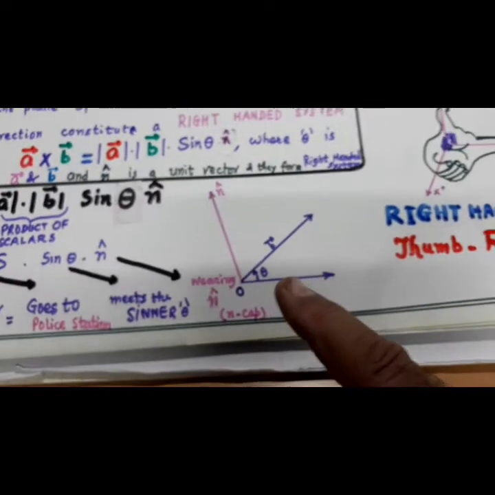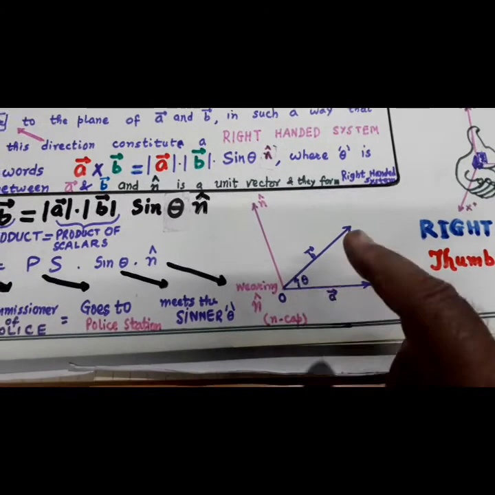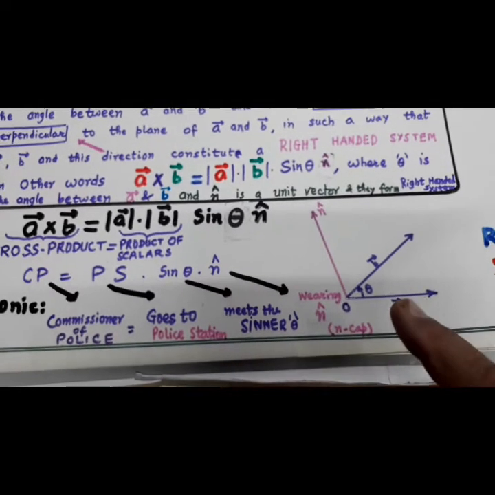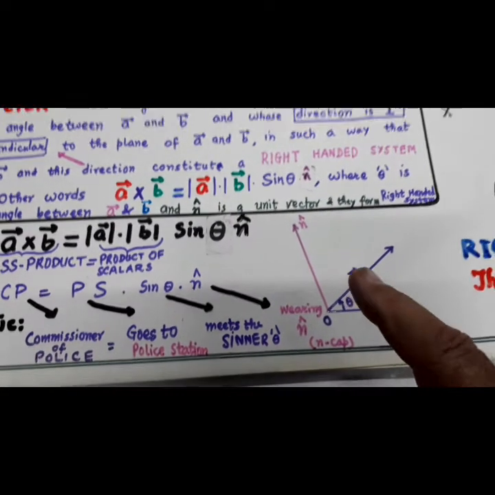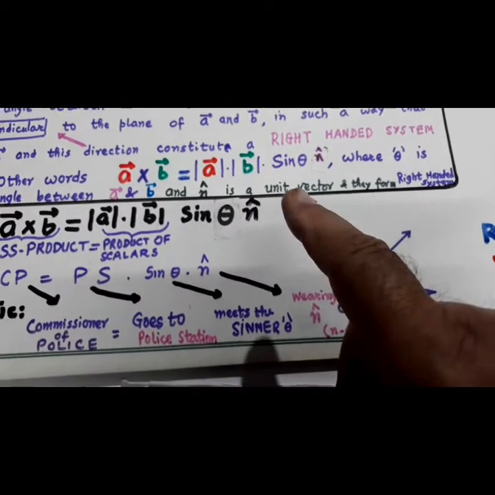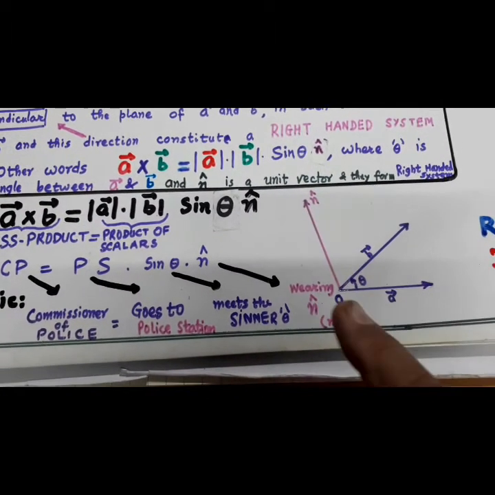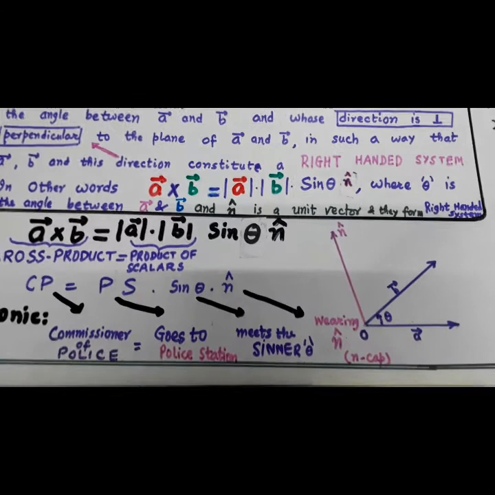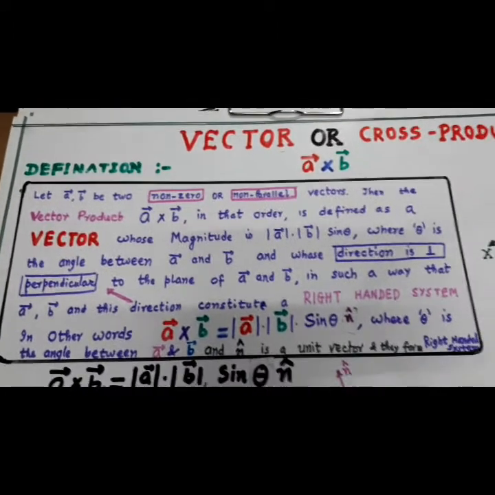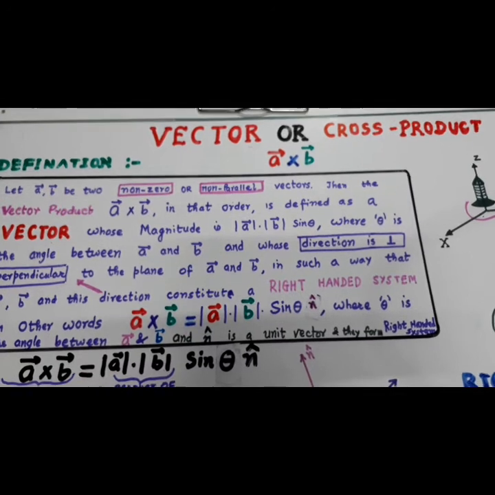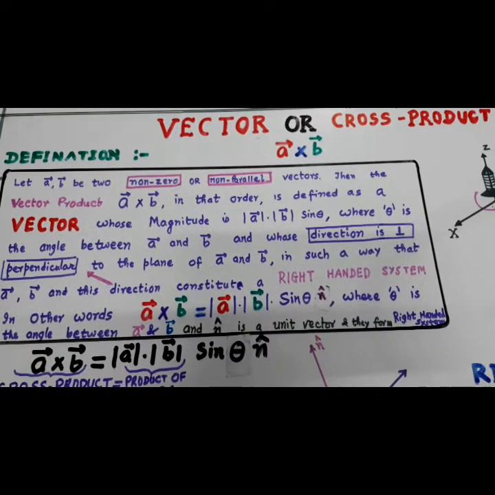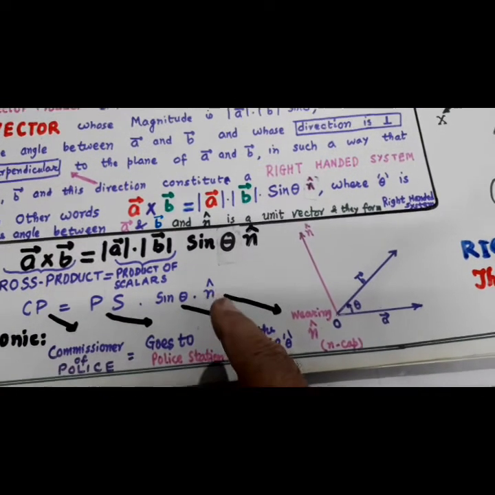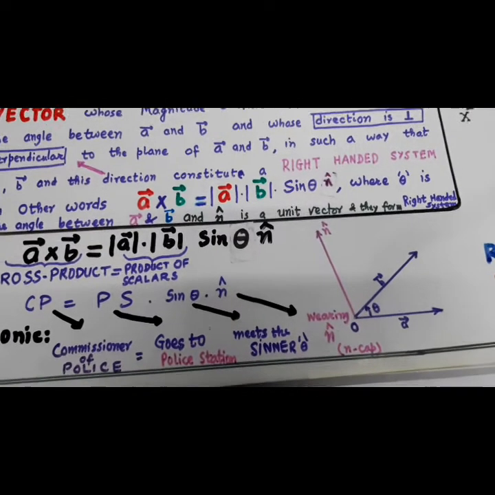So this is vector A, this is vector B. So A cross B is equal to magnitude of A into magnitude of B, sin theta, and the direction is this, n cap. A cross B की डायरेक्शन ये वाली होती है. So I hope you have understood the definition of this vector or cross product. Cross product is a vector and direction is n cap. Cross product की direction कौन सी है? n cap. Now let us go further.